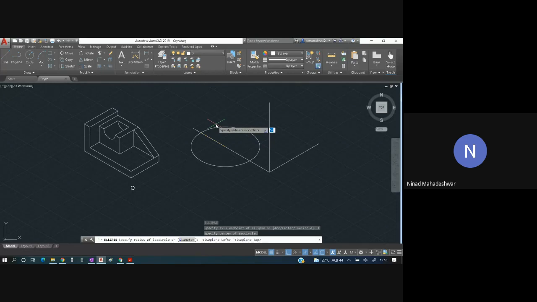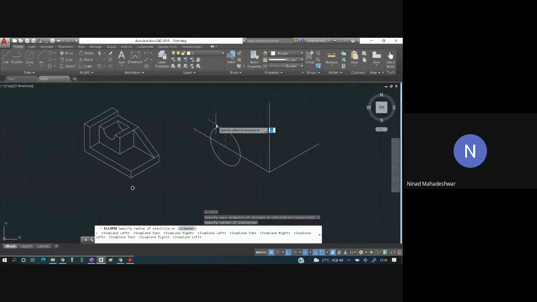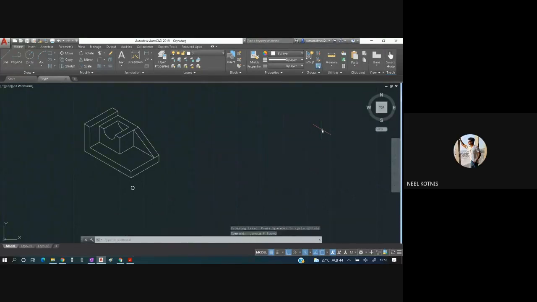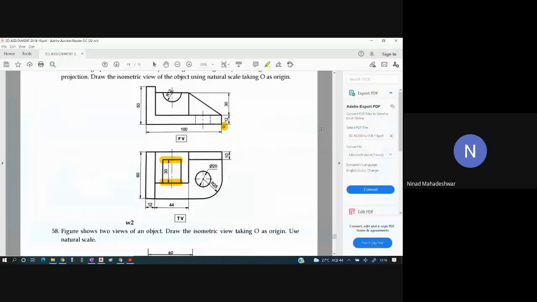This is XY plane. So this will go in three planes, and according to our convenience we need to draw the circle. We'll specify the radius. If the radius is 12, we'll put 12 over here. Whatever the radius is, we are going to put it over there. Okay, everybody has got this? Yes, sir. Now I'll put this in front of you. By looking at this front view and top view, you have to draw the other view.